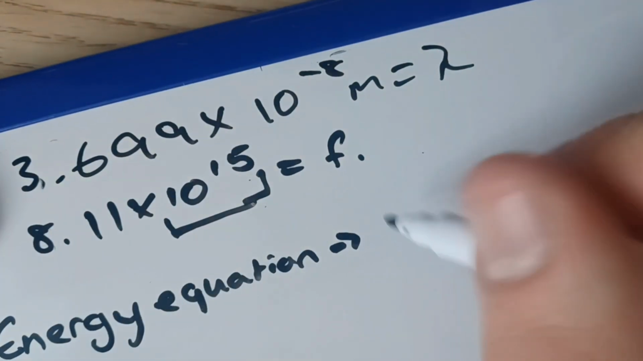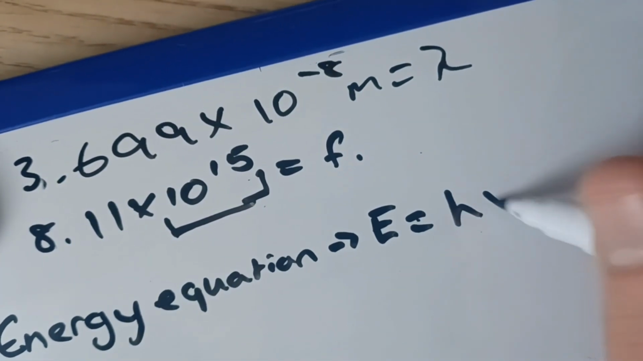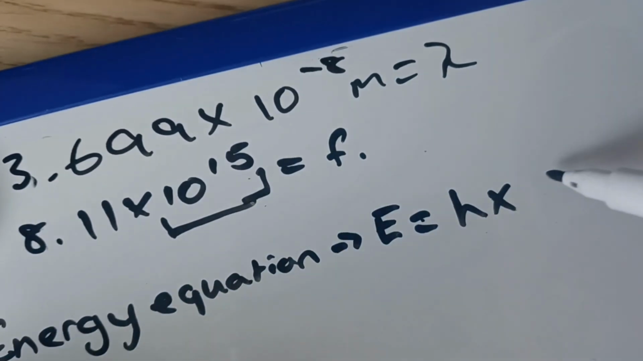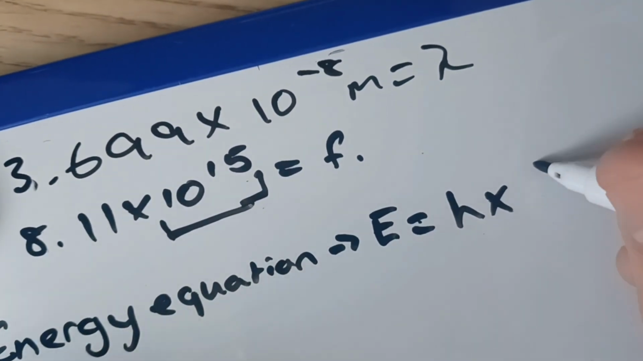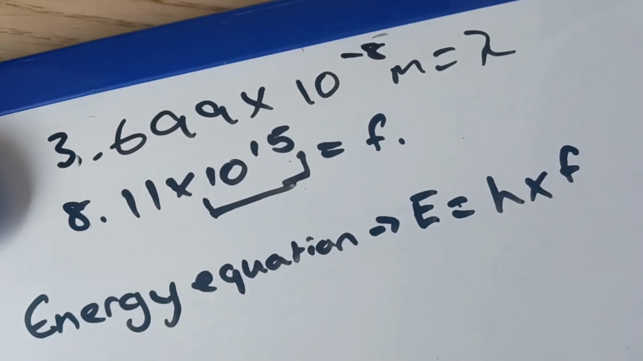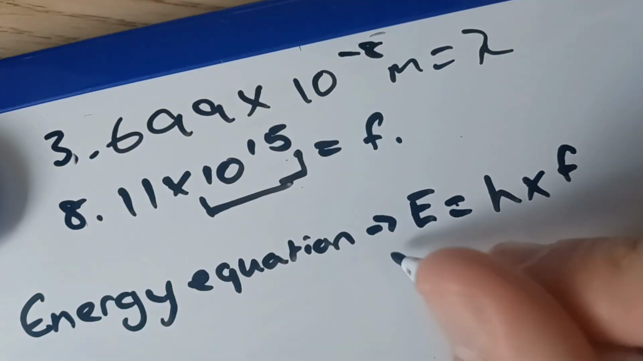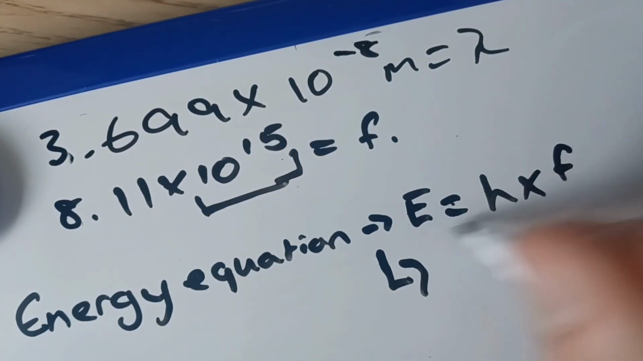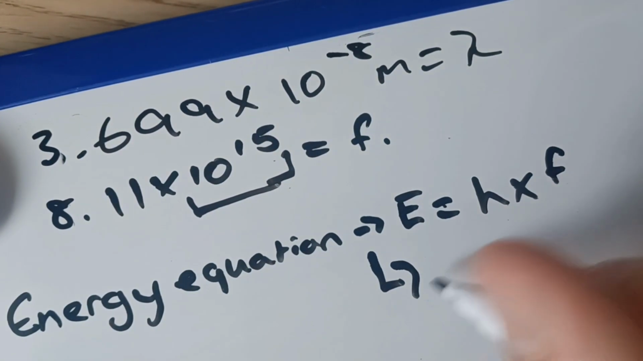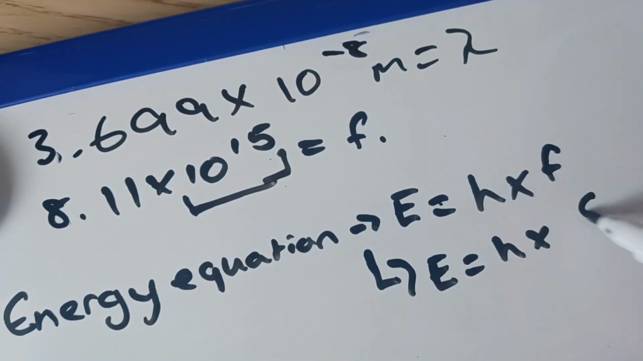Where E equals H times our frequency. Now we could either use this equation, that looks relatively simple, or we could use E equals H times C